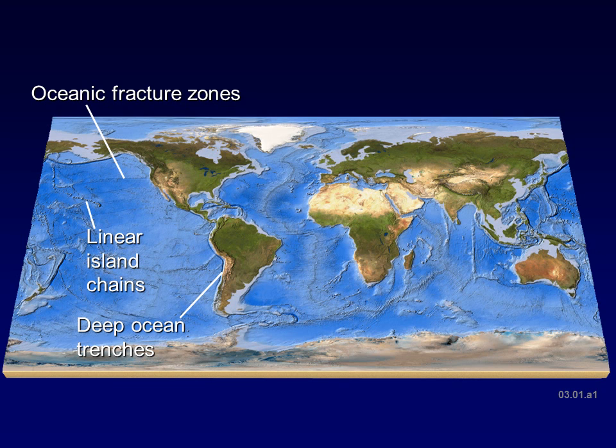Our next feature is the deep ocean trenches. Here we're looking at the western coast of South America, and this is going to be located on the border. Technically this is in the ocean, but it's right on the edge between the ocean and the continent. So the deep ocean trench is our next feature,